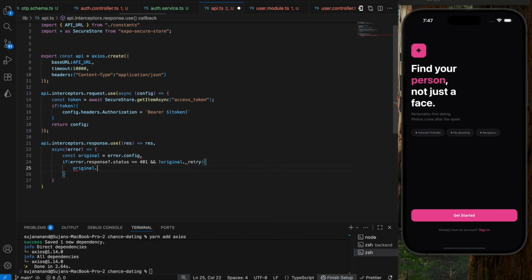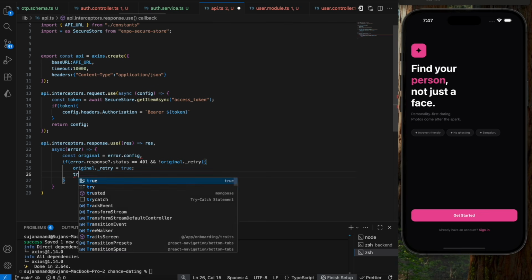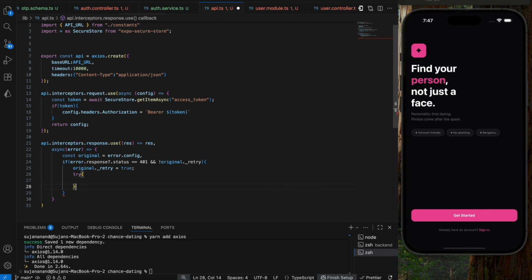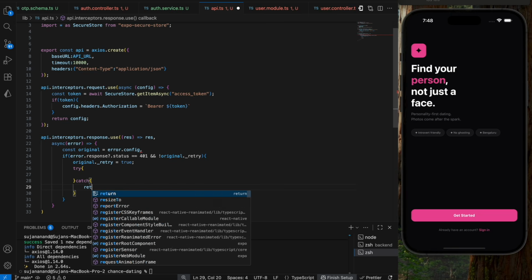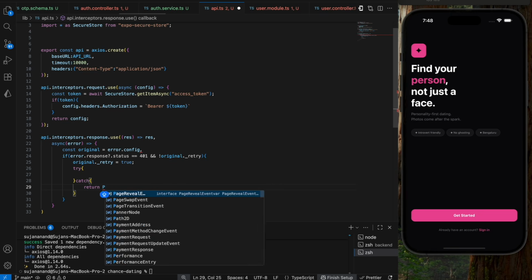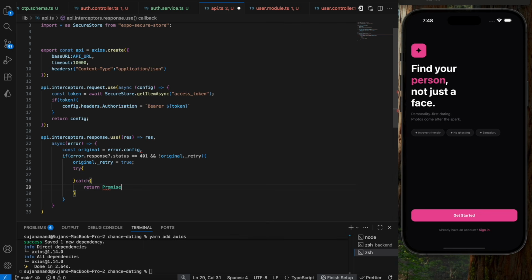Then I'm going to say original.retry is going to be true. Okay, and here I'm going to have the try catch block and then implement the refresh mechanism. So try catch, here I'm going to say return Promise.reject of error. Okay, within the try block, let's say const refresh is going to be equal to await SecureStore